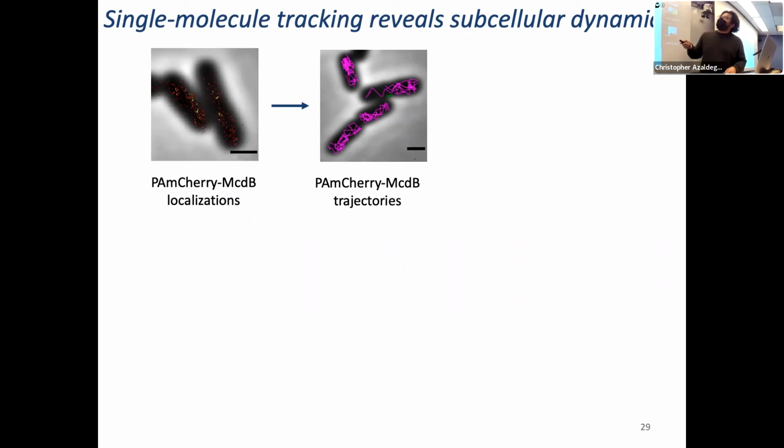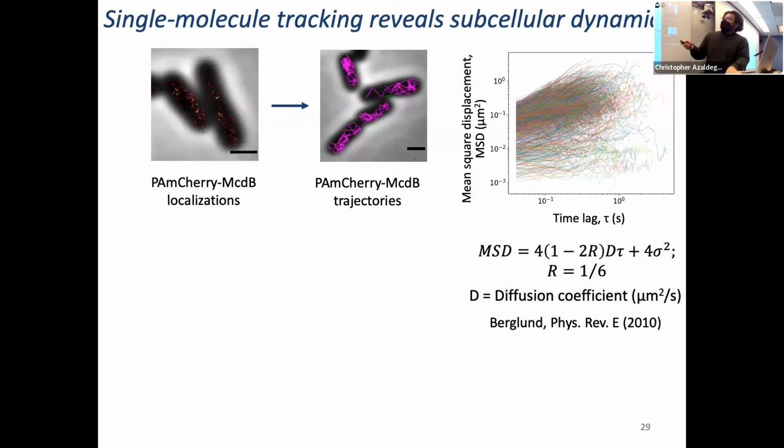And so here we can take these localizations and then start assembling trajectories of single molecules to get an idea of their motion inside of the cells and how they may be exploring different environments, in particular in these two-phase systems. And so the way we do this is we take a single trajectory and plot the mean square displacement versus time lag. So it's the mean square displacement after delta t of 1, delta t of 2. And we plot this curve, and we're able to fit this curve to this equation here,